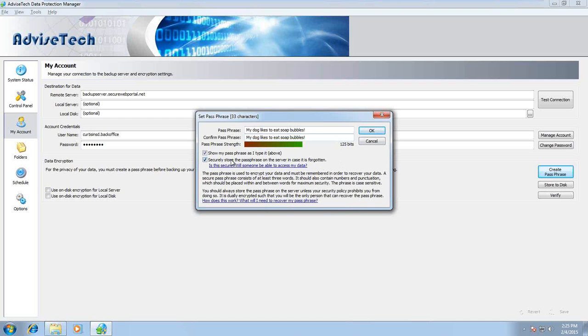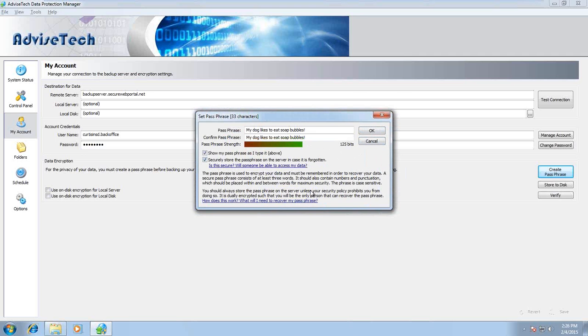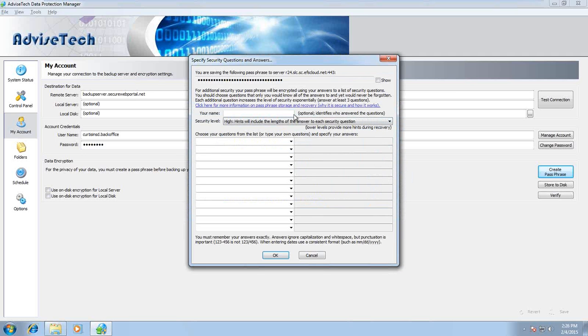So another thing that I'm going to do here is I've opted to securely store the passphrase in case it's forgotten, because if you don't have the passphrase, and let's say you get a new machine, you want to download the data from the cloud because your last one was stolen, you can't get your data. So what we're going to do is store this. This wants me to print it. I'm not going to print it, and then we'll move on to creating